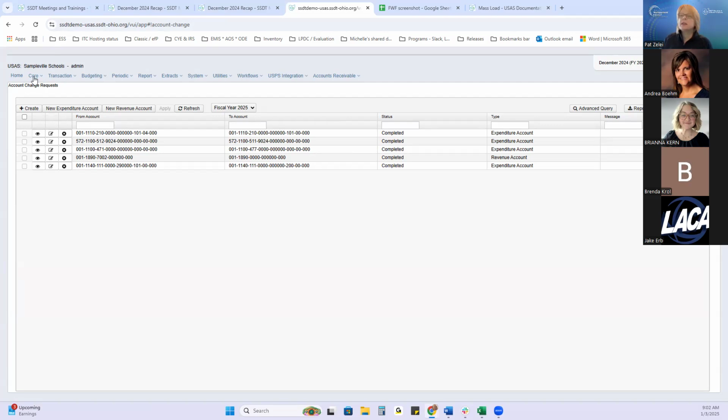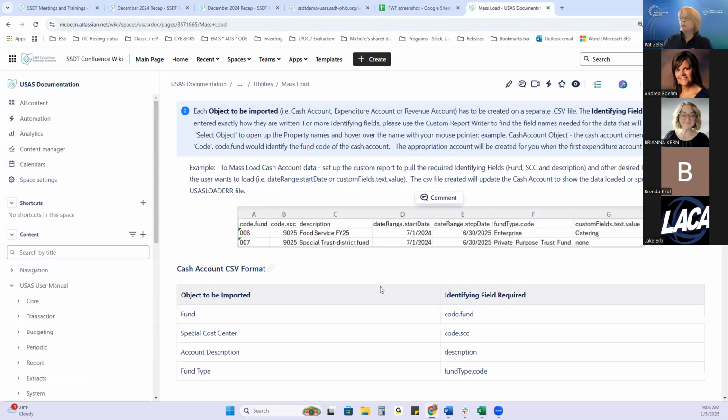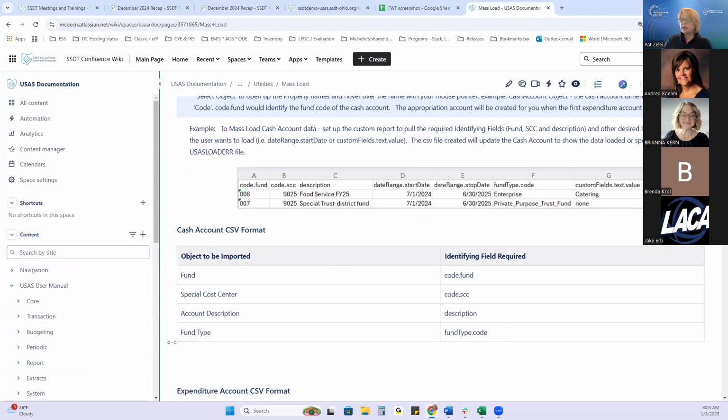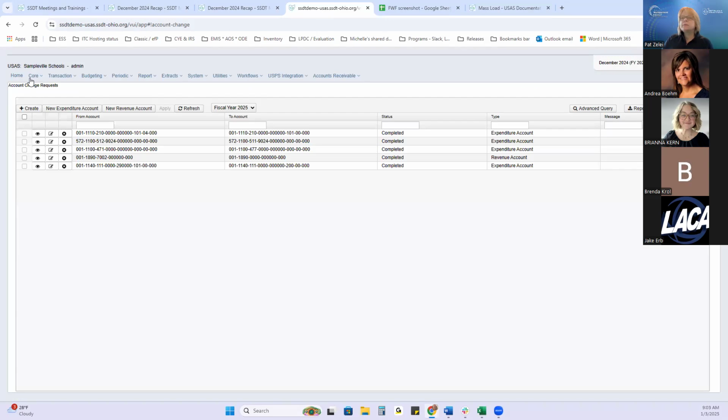Also in USAS, there was a change to the mass load for the cash account. And we updated the documentation, and now it requires this fund type. So when you're mass loading in the CSV formatted file, that's required, because when you're setting up a cash account, it's also required when you're doing it manually. So in the application,